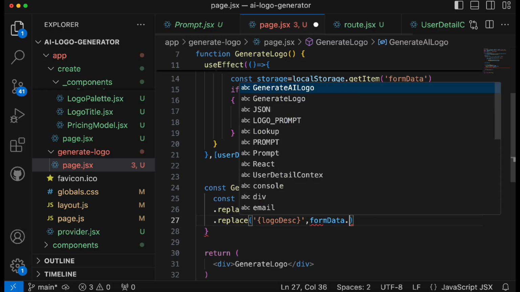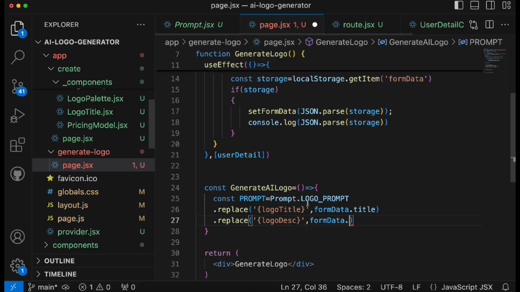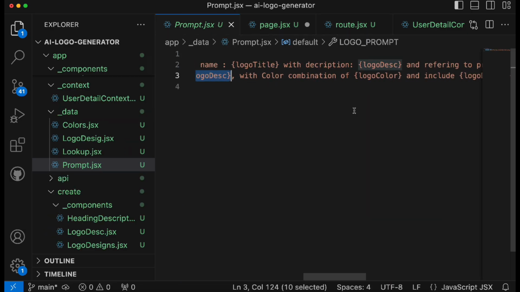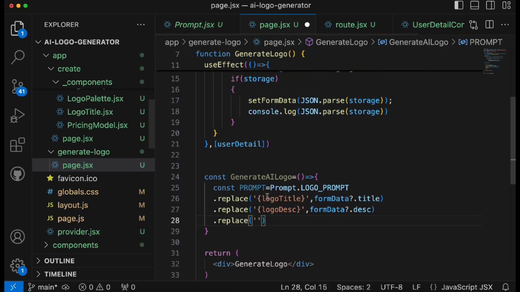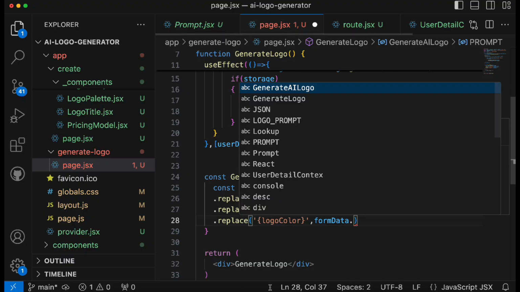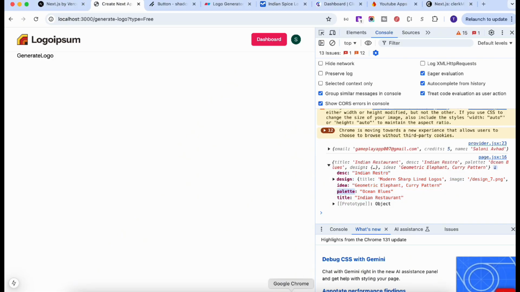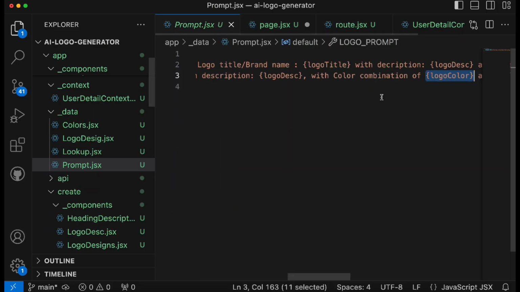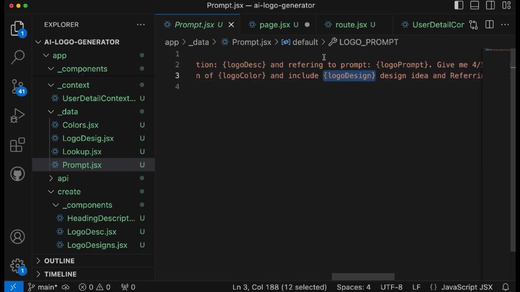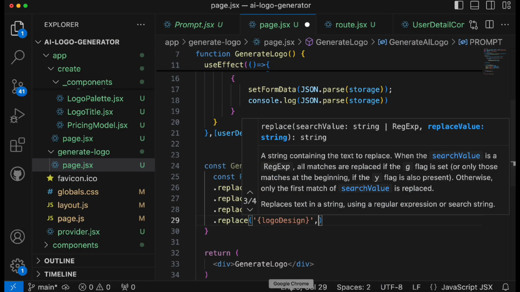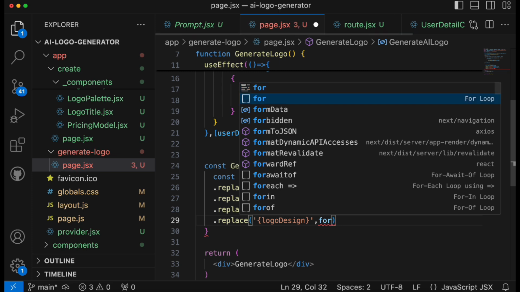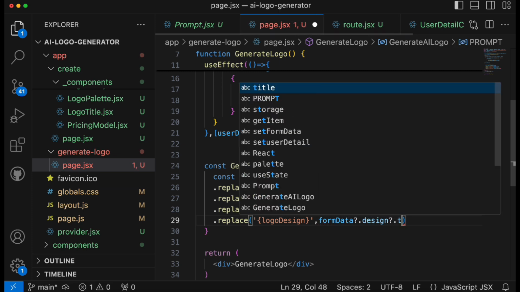with formData dot, what is the name of the field, which I believe is description. I will put this optional field, dot replace. The next thing is logo color. So the color palette we need to mention, which is formData dot palette, I believe. If you see, this is the name, so I will say palette only. Dot replace. The next thing that we want to replace is logo design. For the logo design, you need to provide the design dot title. So here we'll say formData dot design dot title,